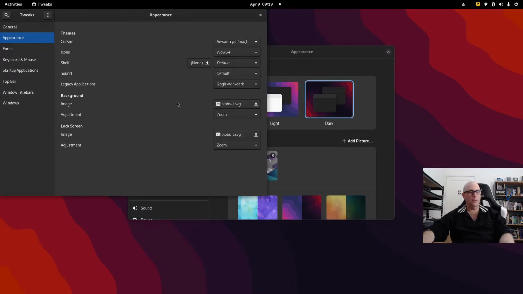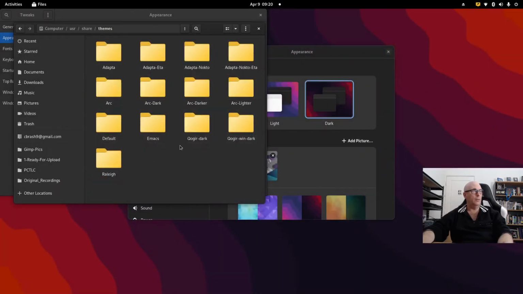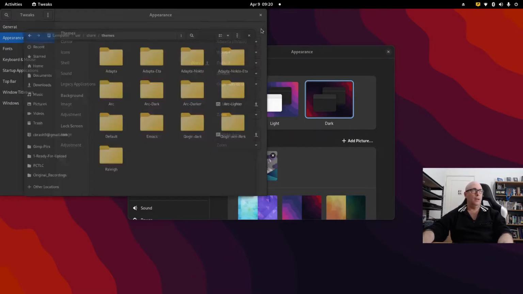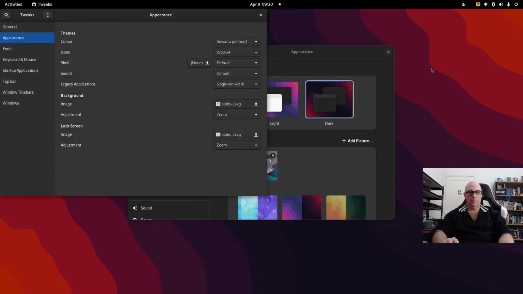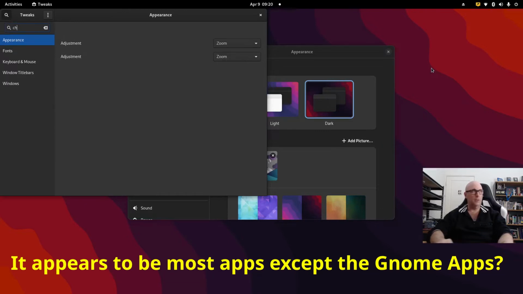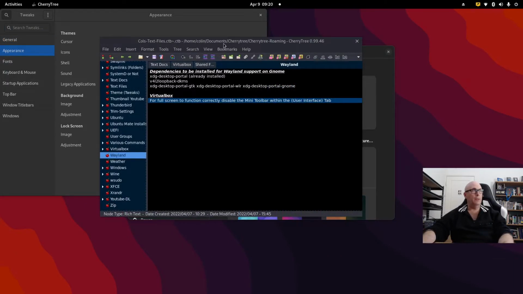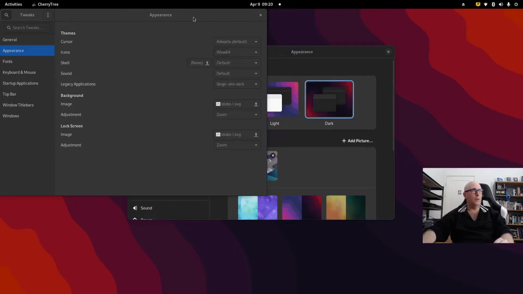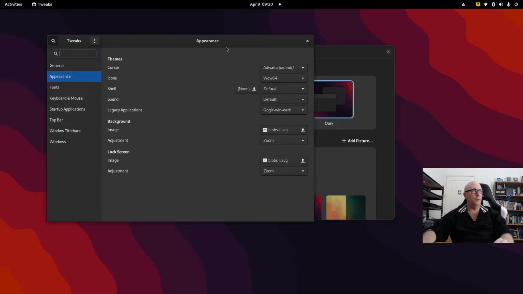Quagga Wind Dark, because if we have a look at, there's all my themes there. Quagga Wind Dark is the one I like to use. It does come up, I think, in, I'm just trying to think, there was something that was using that, and I cannot remember which one it was. There's some legacy ones. Now, Cherry Tree's probably a flat pack, I'm pretty sure. So that's using the Quagga Wind Dark theme. Besides that, most of the Gnome ones will be using the normal theme, the libadwaita default theme that comes with